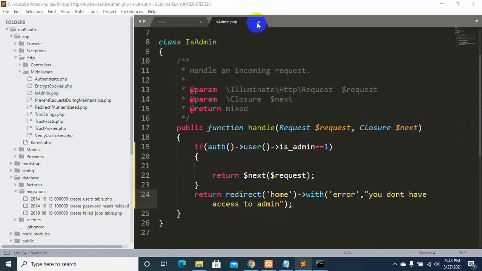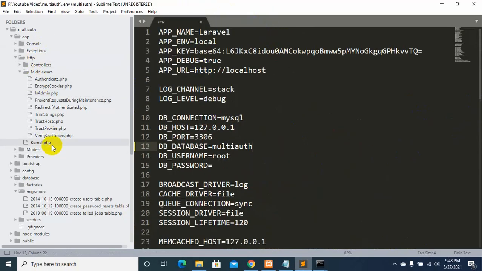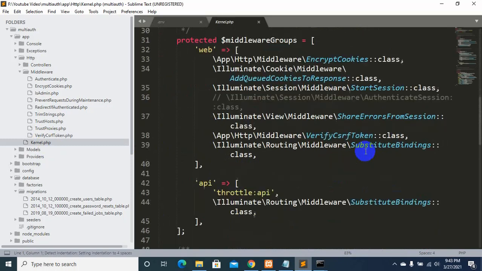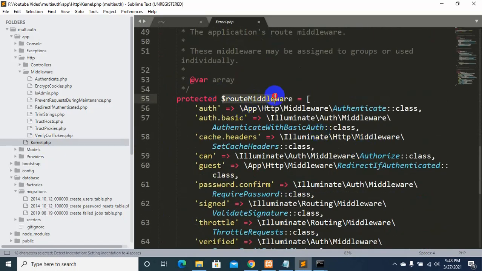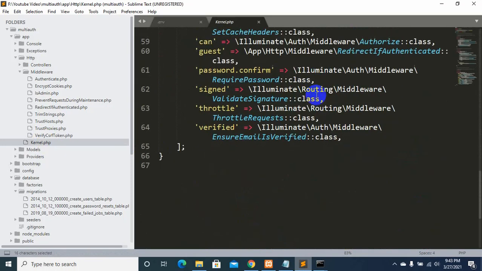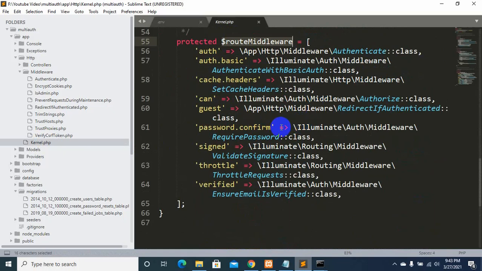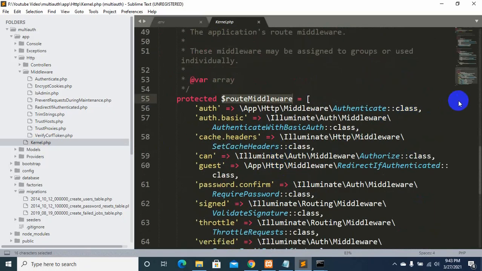so now let's close it. Now you can see over here inside Http Kernel.php, we need to go down here to routeMiddleware. Okay, and over here we need to add a line.